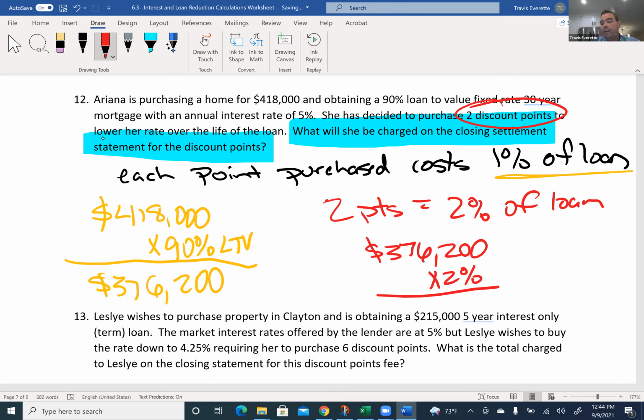Looks like $7,524 to me for those discount points. Okay, number 13